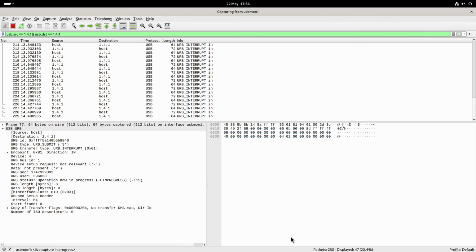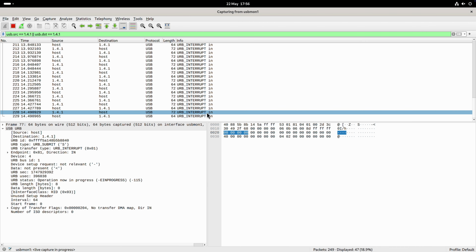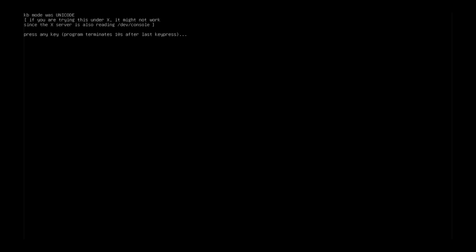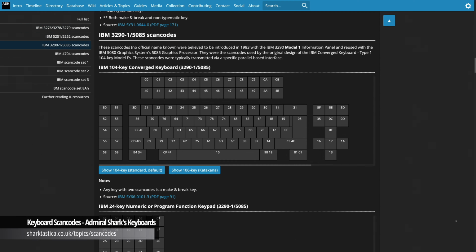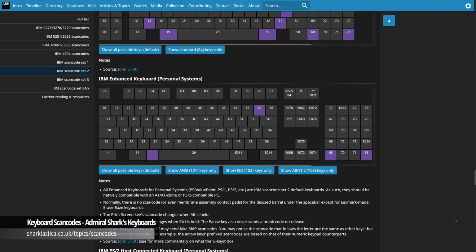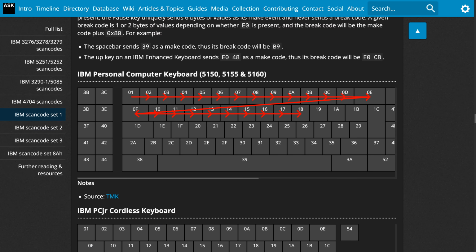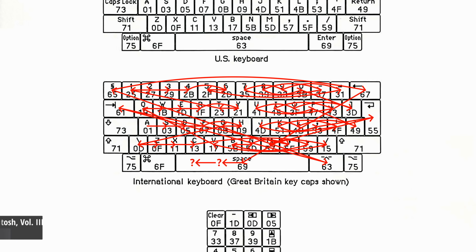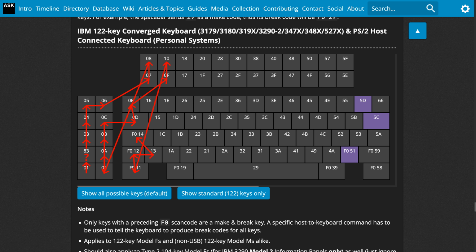About that, how does a keyboard communicate to the CPU what keys have been pressed? It does not send letter codes, except it kind of does, but we'll get to that. It sends a thing called scan codes, unique codes that encode the position of a key on the keyboard, regardless of what's printed on it. Various scan code standards were developed over the years. Some made quite a lot of sense, following the order of the physical keys closely. Some looked completely random. Some almost made sense but deviated from an apparent pattern, probably reflecting some features of the